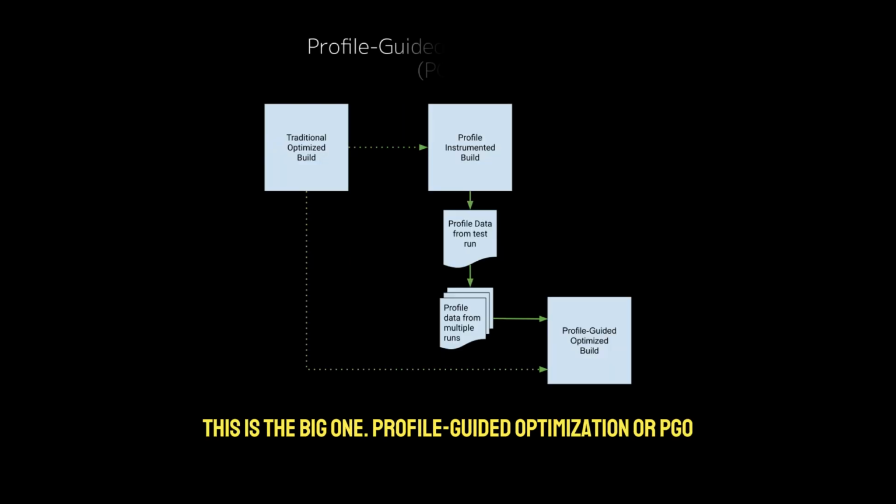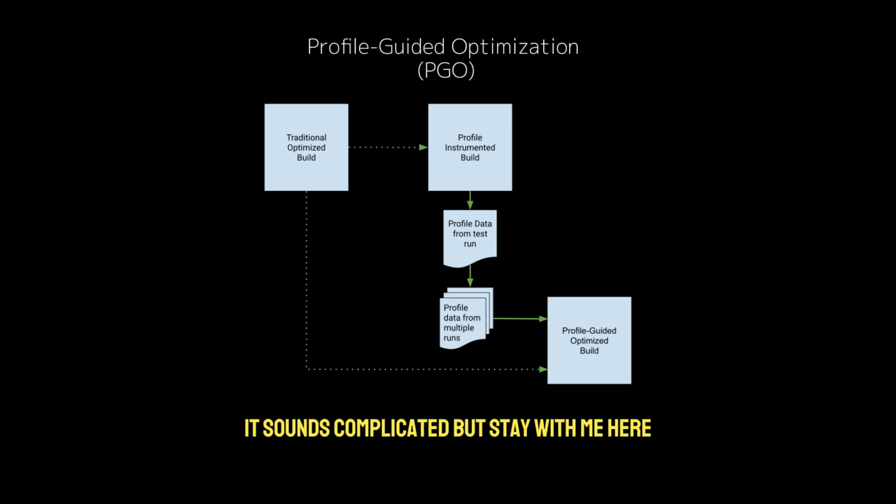This is the big one, Profile Guided Optimization, or PGO. It sounds complicated, but stay with me here. PGO works by running your program, collecting data on its performance, and then using that data to guide Clang's optimization decisions. Essentially, you run your code a little bit first, and then let Clang use that knowledge to optimize how it's compiled. Think of it like fine-tuning your car's engine after a few test drives. PGO allows Clang to make smarter decisions, like which branches of code to keep and which to discard based on real usage. The result is that your program can become much faster because Clang has tailored it to the actual